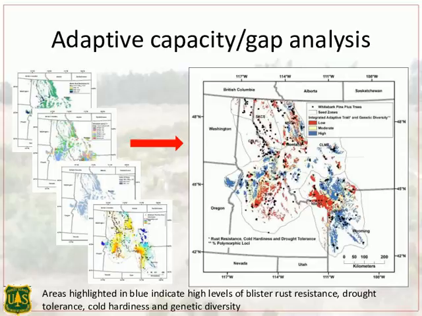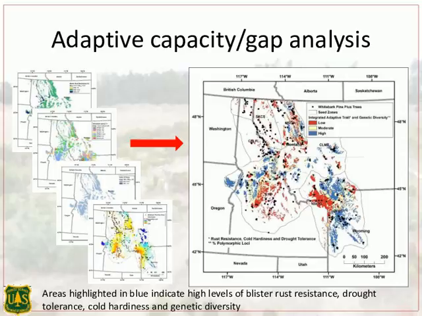So there's a lot of room for improvement, but this is just the first cut at how we can use some of this data coming out of the genetics program. And the areas in blue on the right-hand side are those areas that have a higher likelihood of being blister rust resistant, drought tolerant, cold hardy, and genetically diverse.